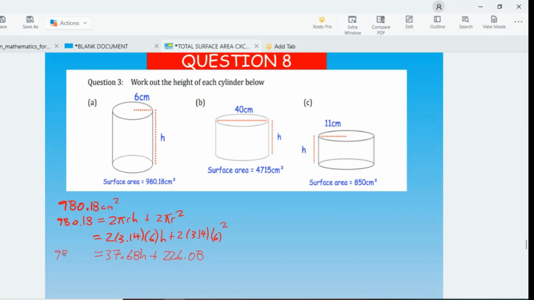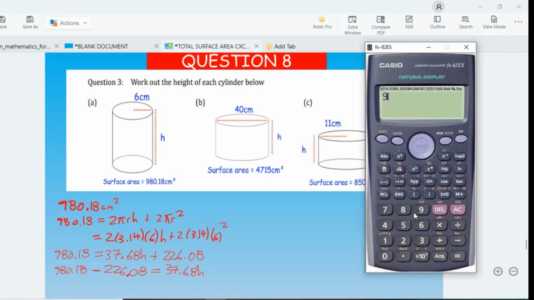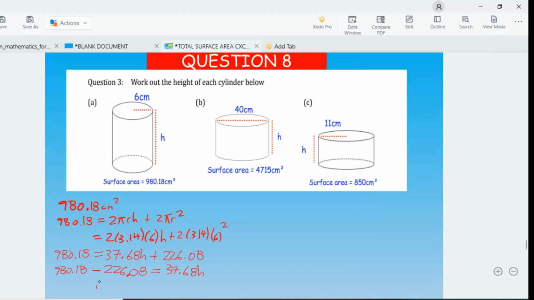Now, first thing we have to do is subtract. So when we subtract 980.18 minus the 226.08, that's going to leave us with just the 37.68h. So what do we do next? After we subtract, let's go ahead and subtract them, of course. 980.18 minus 226.08. We'll plug that in our calculator. We get 754.1. So 754.1 equals